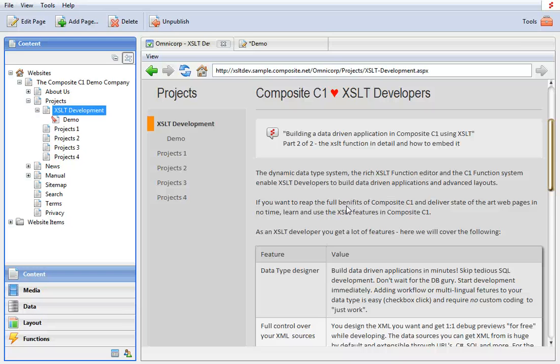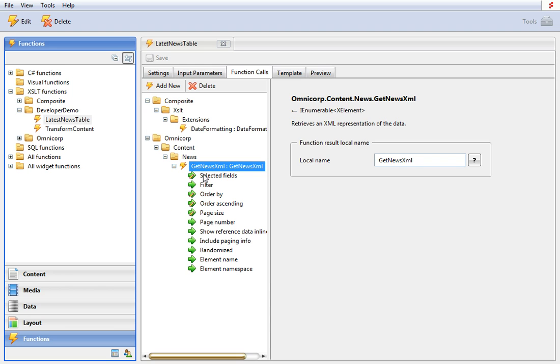Welcome to this Composite C1 video. This is part 2 of 2, where I'll be showing you how XSLT developers can build data-driven applications in Composite C1. So in part 1 we left off in the function called editor,